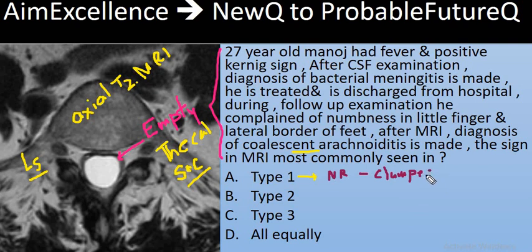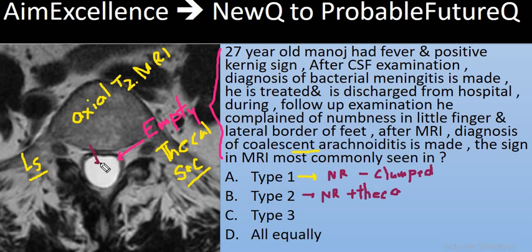In type 2, the nerve roots are clumped with theca. And this empty thecal sac sign